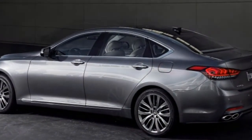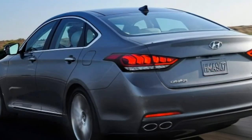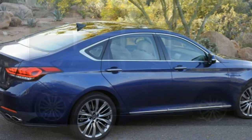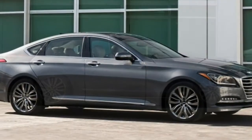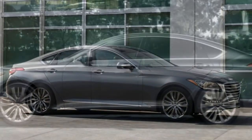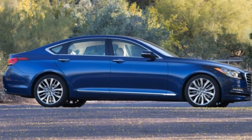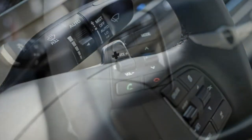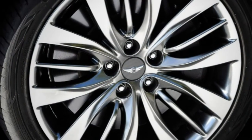Like the cabin, the 2016 Genesis trunk is expansive with a generous opening for easy loading. At 15.3 cubic feet, it's large for this segment. Driving impressions. The 2016 Hyundai Genesis isn't a sports sedan, even with the 5.0 Ultimate's adjustable suspension and engine and transmission control parameters set to Sport. But most drivers should still be quite happy with the way it drives. Around turns it